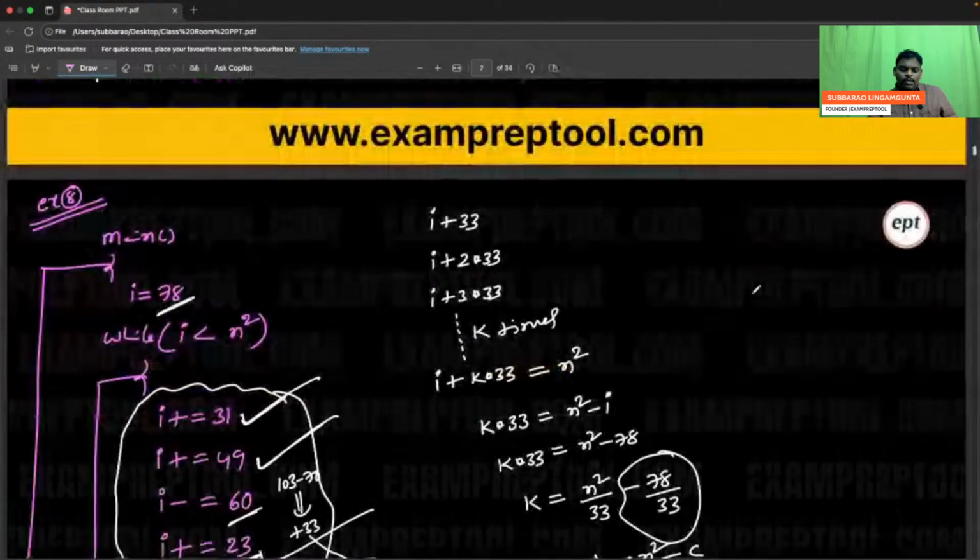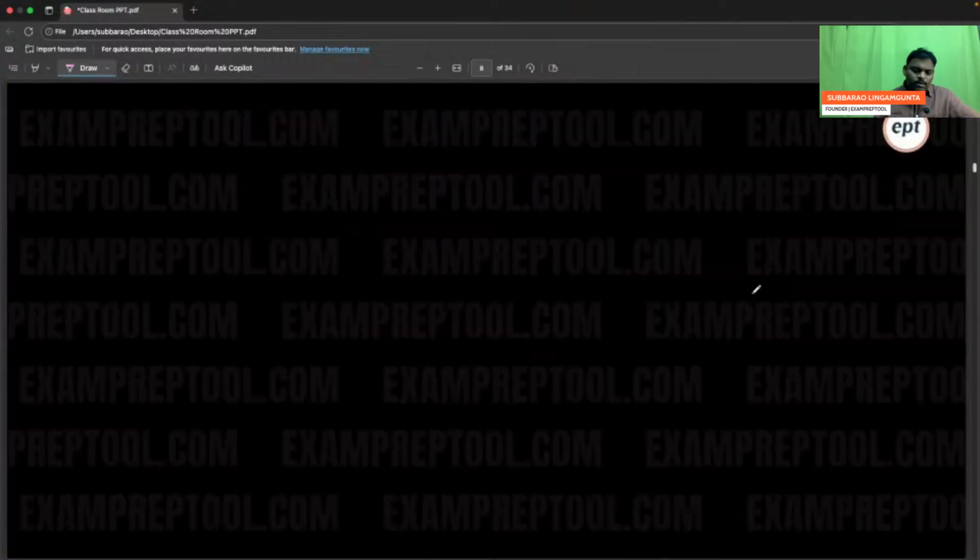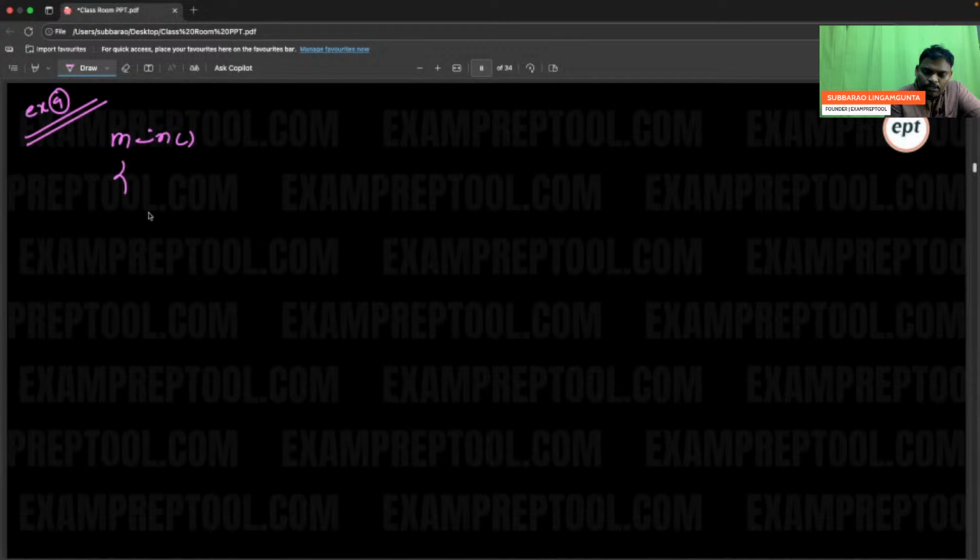Example 9. Be careful, this is going to be a very interesting problem. Let's see. I want to verify whether you are comfortable or not. Let's check. i = n; while (i >= 1)